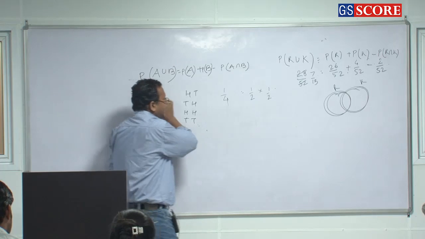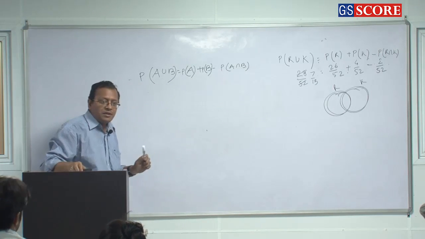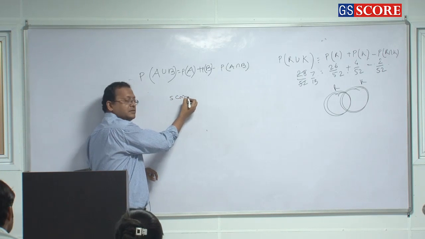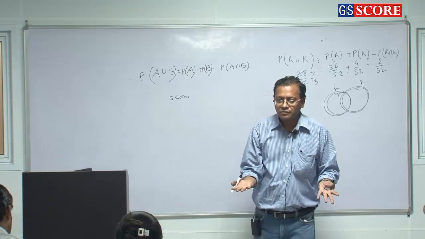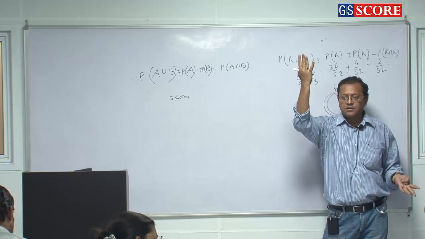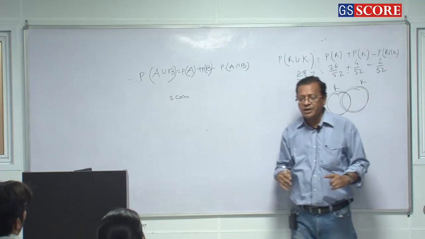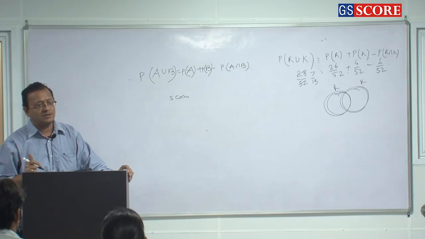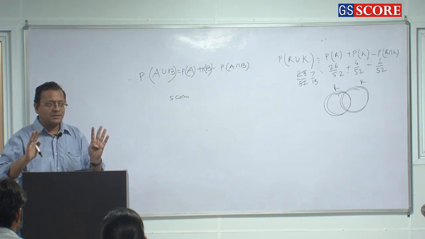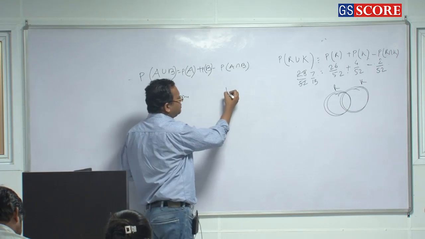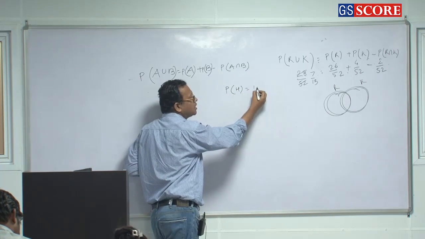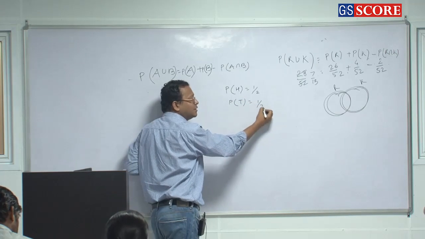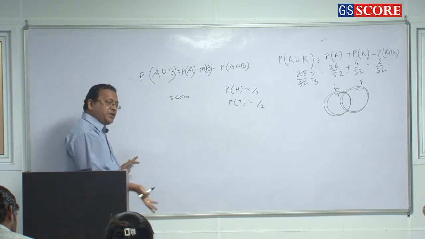Okay. Say I tell you I have got 5 coins with me. All 5 are tossed. What is the probability that 3 of them show heads? Any 3 of them show heads. So in these cases, you have to be very clear. Probability of showing head is equal to how much? Half. Probability of showing no head is equal to how much? Half as well. So any 3 of them will show heads.